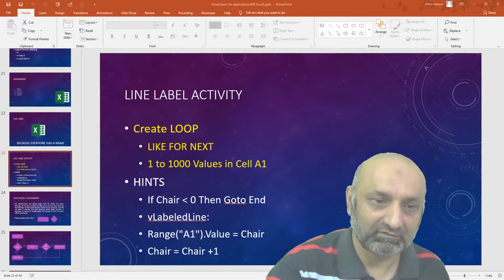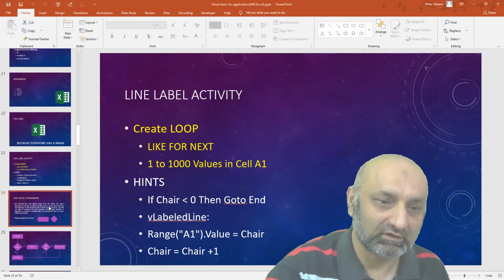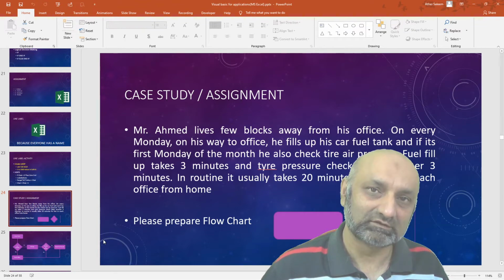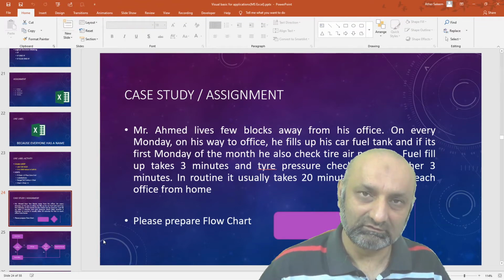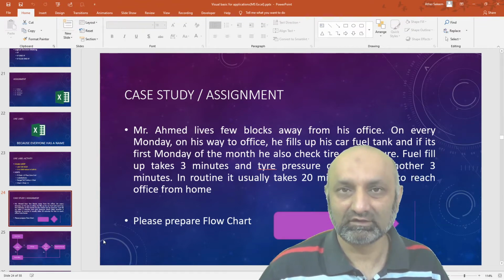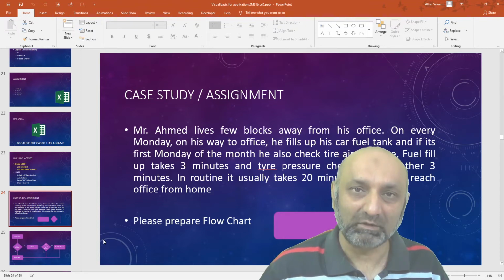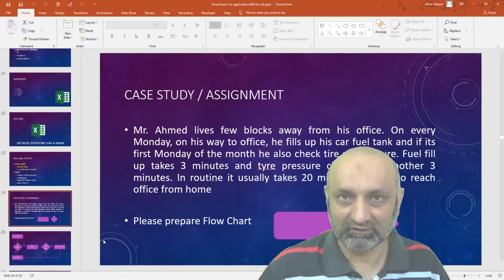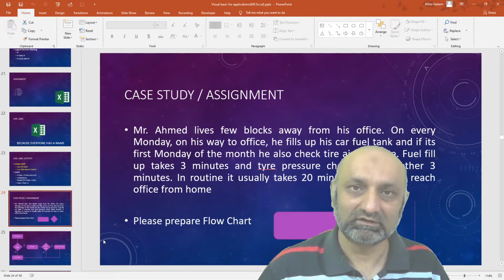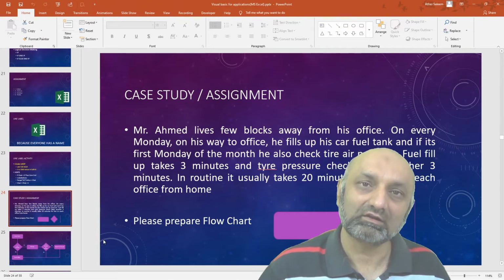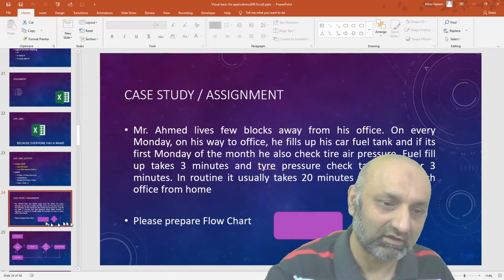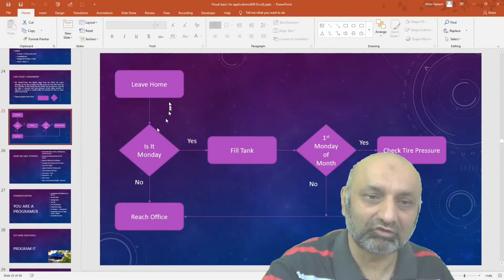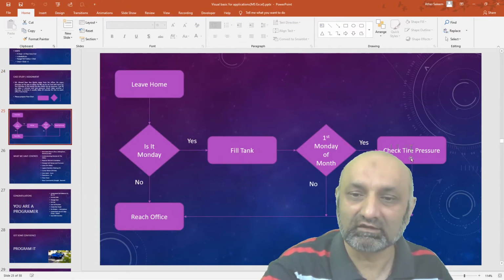After that, we talked about a case study wherein Mr. Ahmed moves daily to his office, and every Monday he fills up his car fuel tank, and every first Monday of the month he checks the car tire air pressures. And then we created a flowchart for this case study.